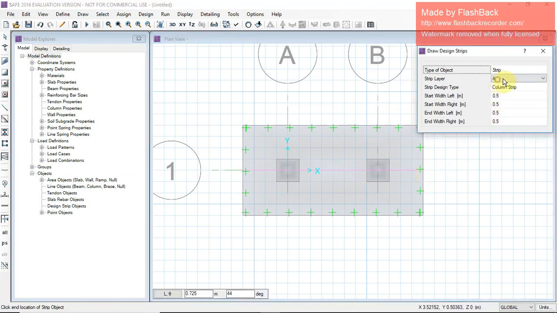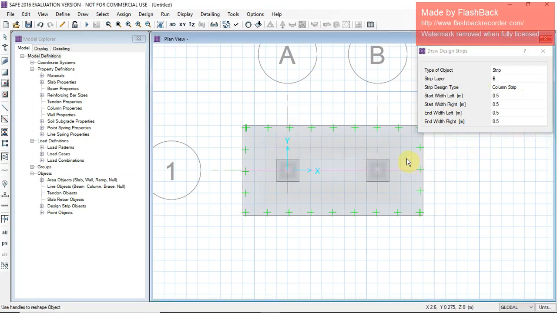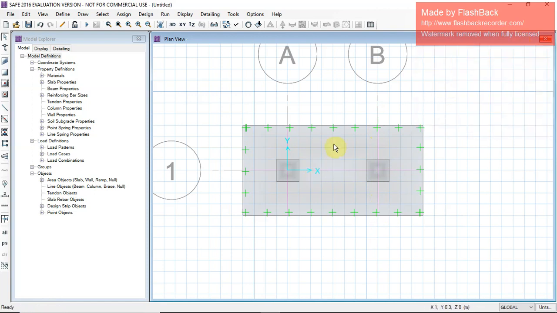Okay. Now in the Y direction, strip design. Escape.